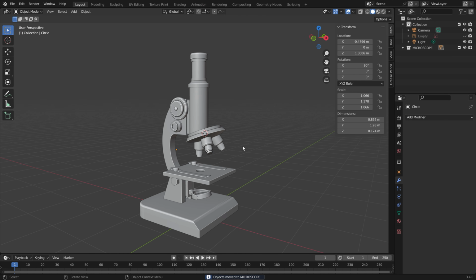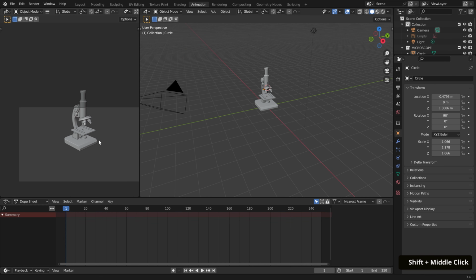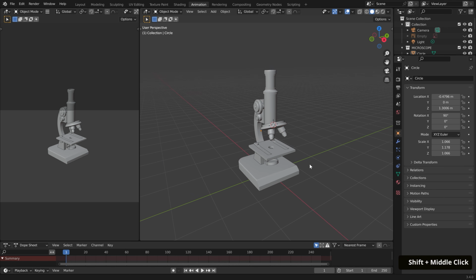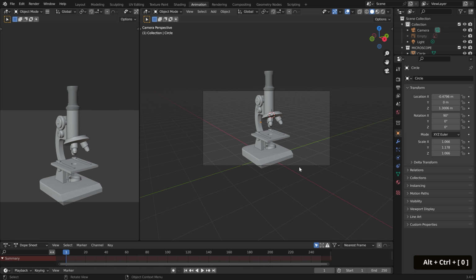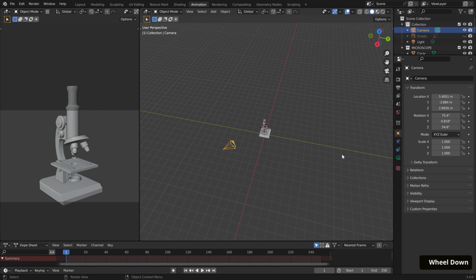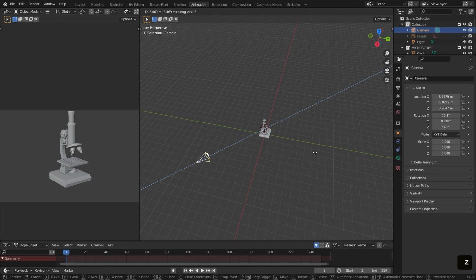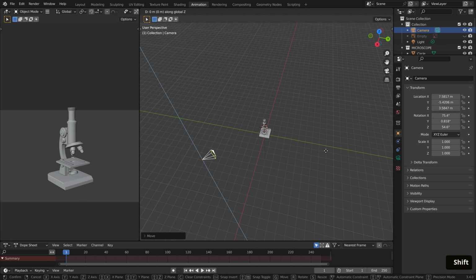To do this, I'll head into the animation workspace by accessing it from the tab up here. With the left viewport set to the camera view, I'll use the right to find a rough angle that I like, kind of diagonal to it. Then I'll hit Alt-Control Numpad 0 to set the camera view to this angle. Moving out of it in the right viewport, I'll adjust the camera object while referencing the camera view on the left. I'll pull this object back with G then Z twice to adjust it by its local value. Then I'll bring this up in the Z and angle it downward with R.